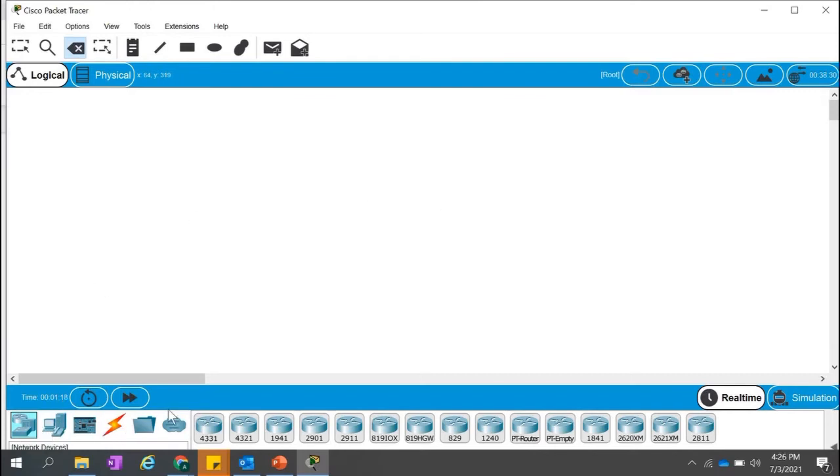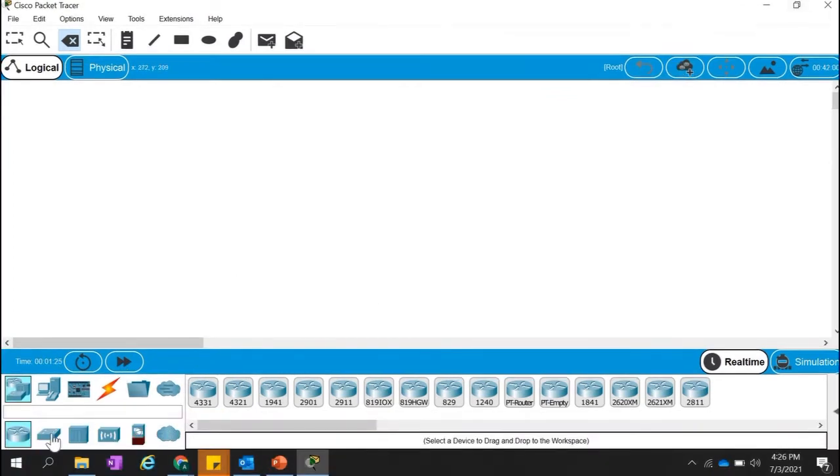Okay. And if you want to use the switch, in that case, you can use here, right? You see here there are different combinations like router, switch, this is hub, this is wireless devices. We call it a hotspot, right? So that is wireless devices, or you can use our cloud WAN emulation, right? Or security. Security means firewalls. So if you want to use that one, you can use it as per the requirement.